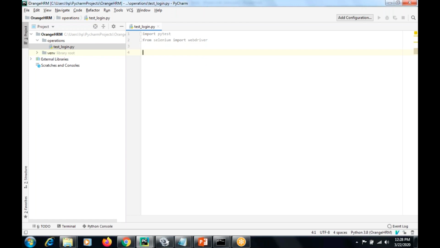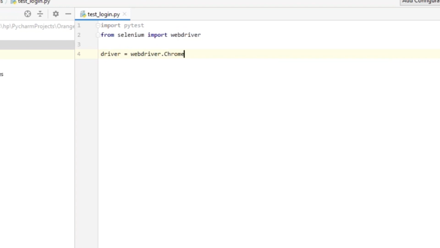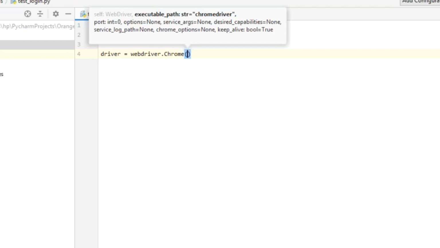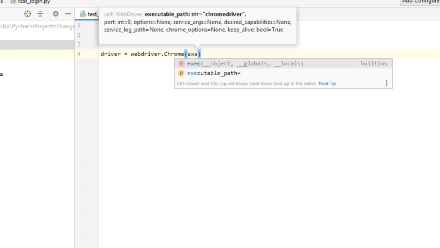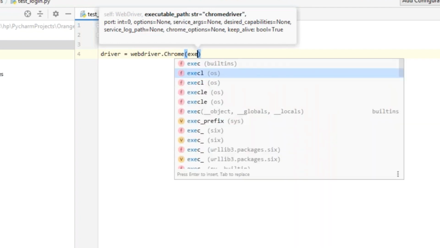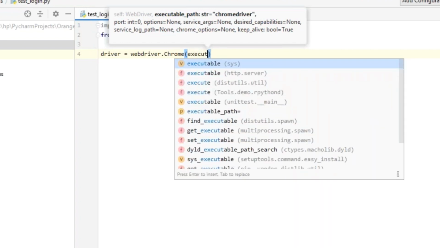Now we will be doing a very simple coding of a login test. So let's do driver is equal to webdriver.Chrome. Under this, we will have to pass the executable path. You can see it in the section above, it says that you will have to pass the executable path of chromedriver.exe, right? So what I type here is executable_path